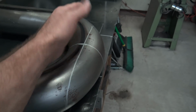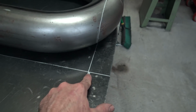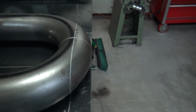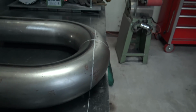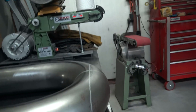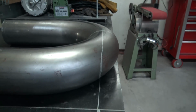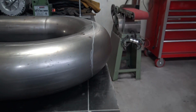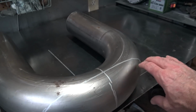So we need to get this end off of it. So the easiest thing to do is then just mark, you know, 2 inches up on either side, run a line, and then you can just kind of see if I can get you lined up. You just kind of eyeball it where you go. There we go. So after you got that lined up, you got your mark, and then you know you just need to cut off this end